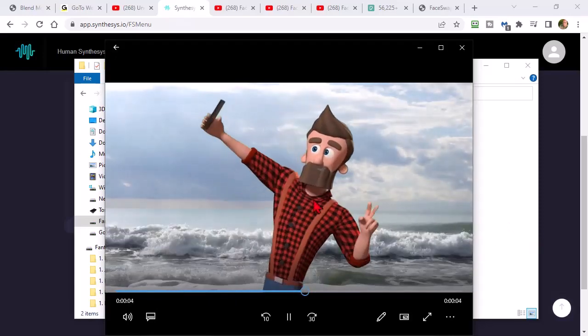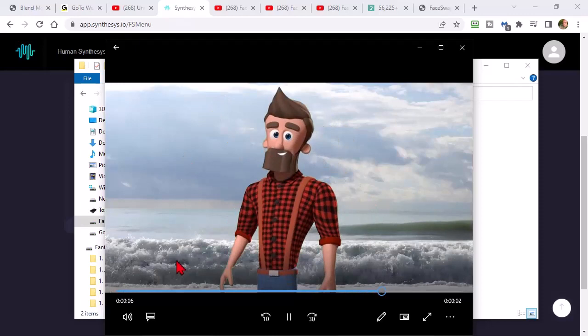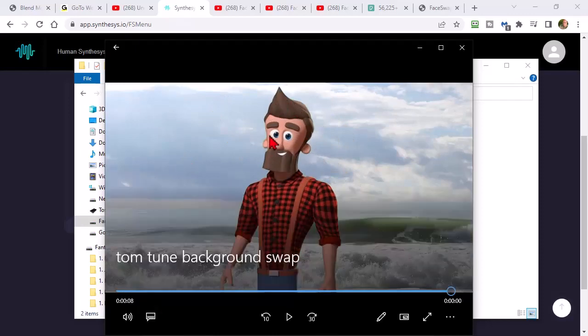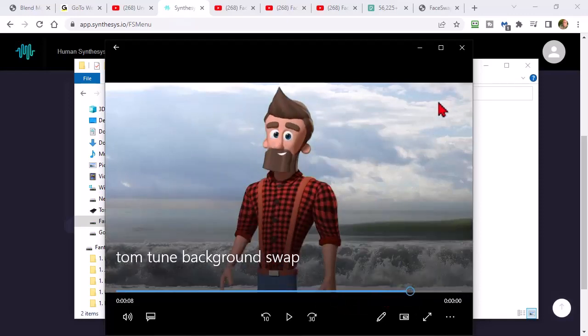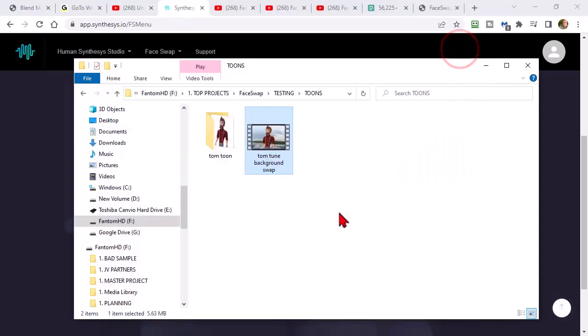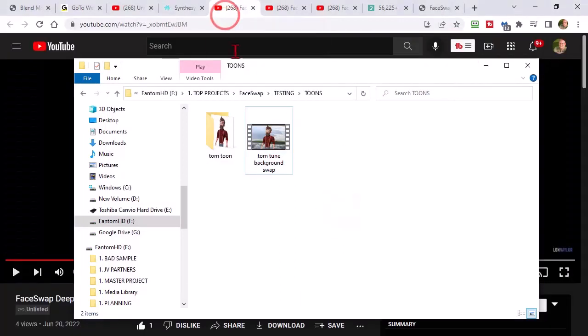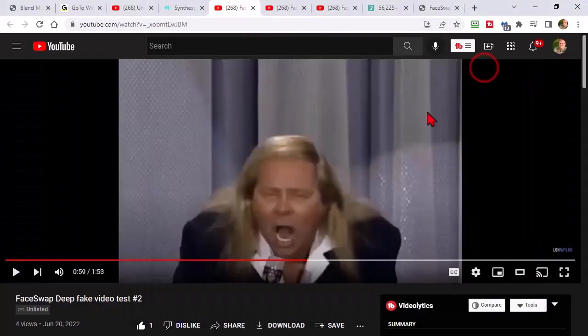Okay, this is green screened out. But if you have a good quality video and you're not in front of the wildest background possible, certainly a more solid background is preferable, but this is huge, right? So I think this is probably one of the main reasons a lot of people are going to want it. Okay, I like that. That's all fun and good. Let's take a look at another test here.